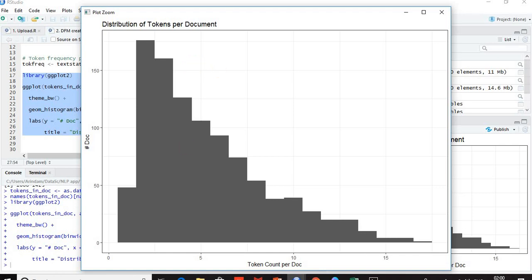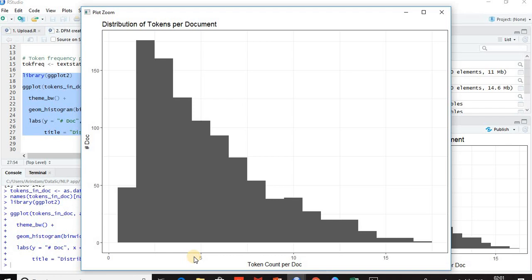So what we see here is that we have a token count per document on the x-axis. So we see the mode is around 5, right? So most of the reviews have, on an average, around 5 or 6 words in them,